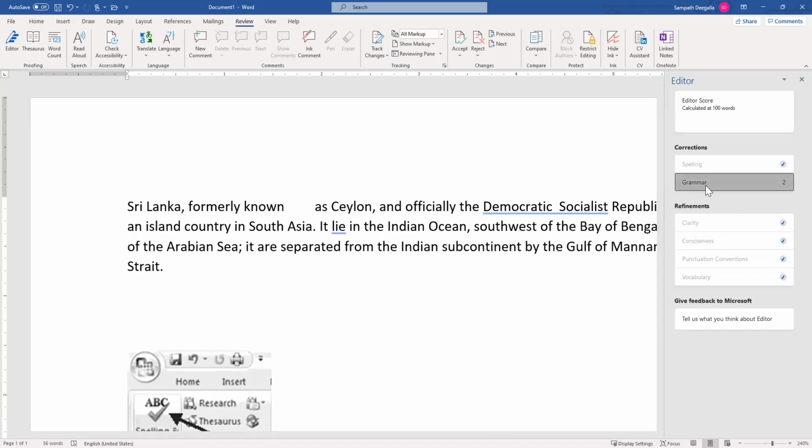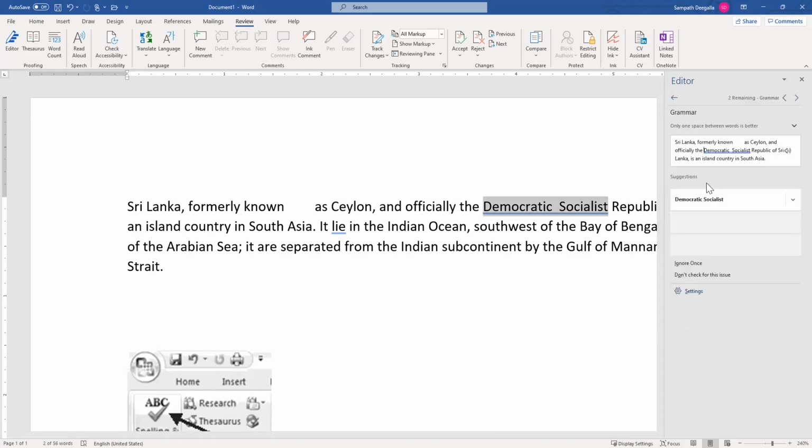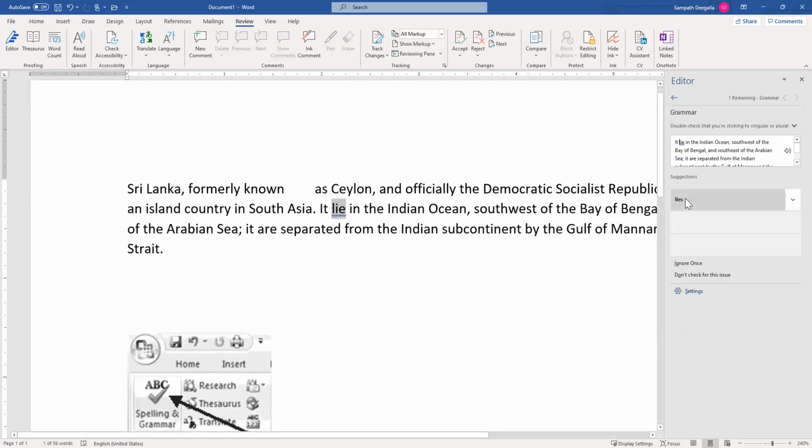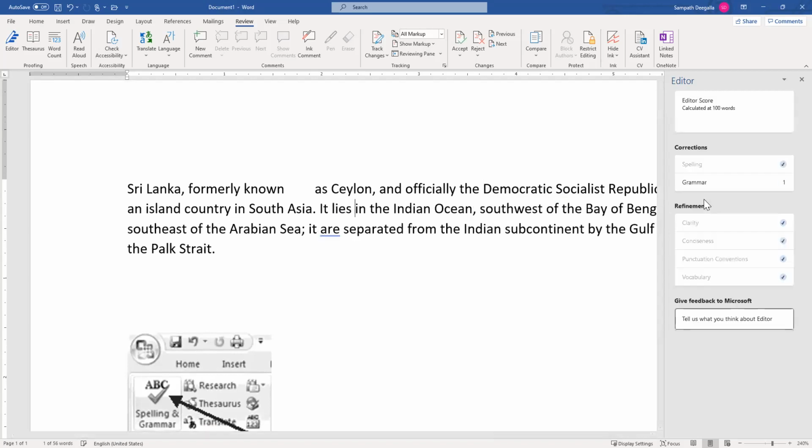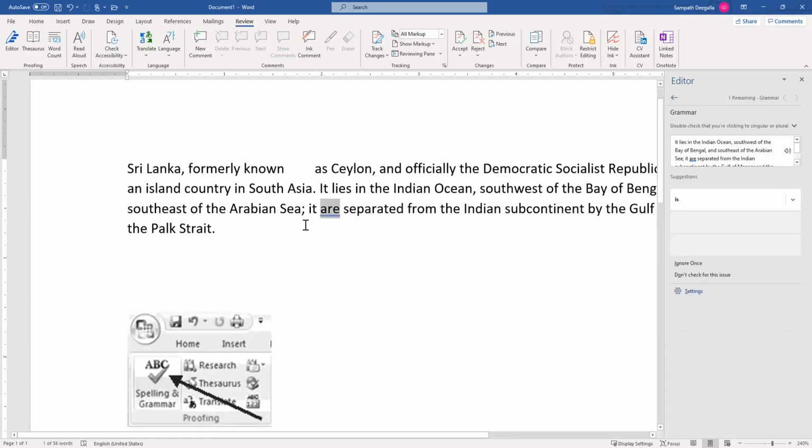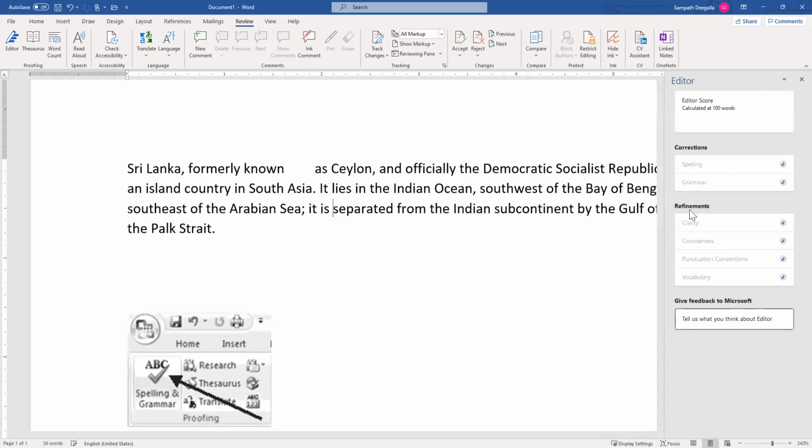Now let's go to grammar. I have put a lot of space, changed some spaces. That's also identified as a grammar mistake, so we can use that. And then we have this line. And still we have another one. Okay, this should be "is". Now with that, we have finished checking